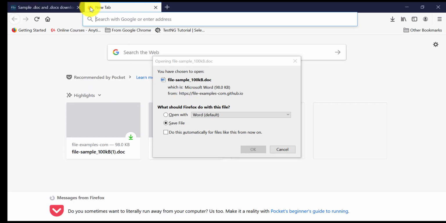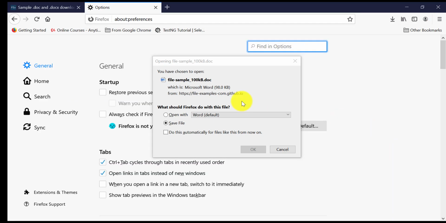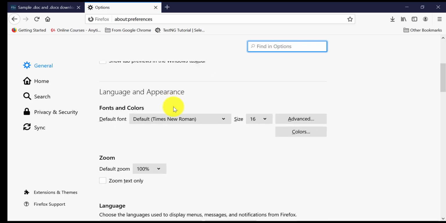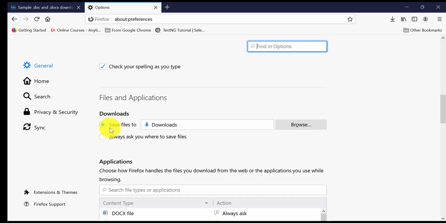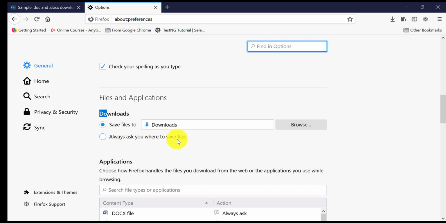For any browser, if you want to see the default location, you can go to Options and scroll down to the Downloads section, where there are two options: save files to downloads, and always ask you where to save files.